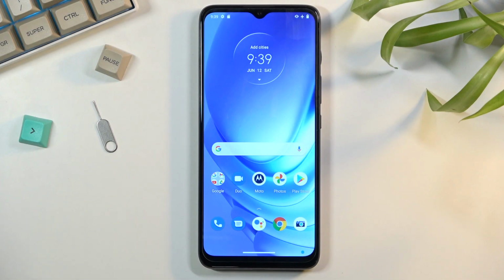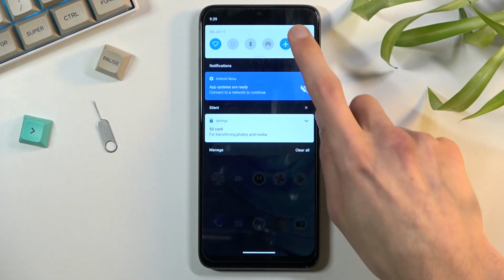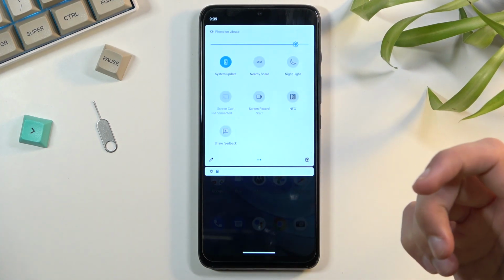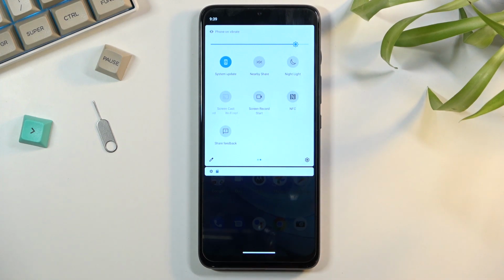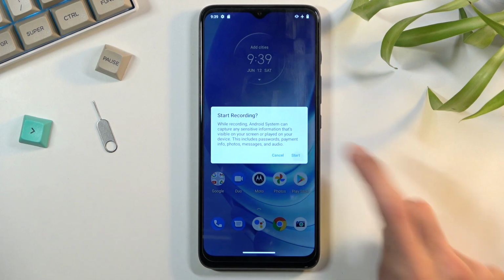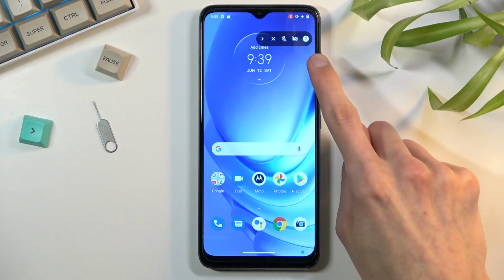Welcome. In front of me is a Motorola G50, and today I'll show you how to record screen on this phone. To get started, you'll want to pull down your notification panel, where you will find your toggle for this. So for me it's on the second page right over here. Once you find it, simply tap on it, select start, and this will give you this tiny overlay,